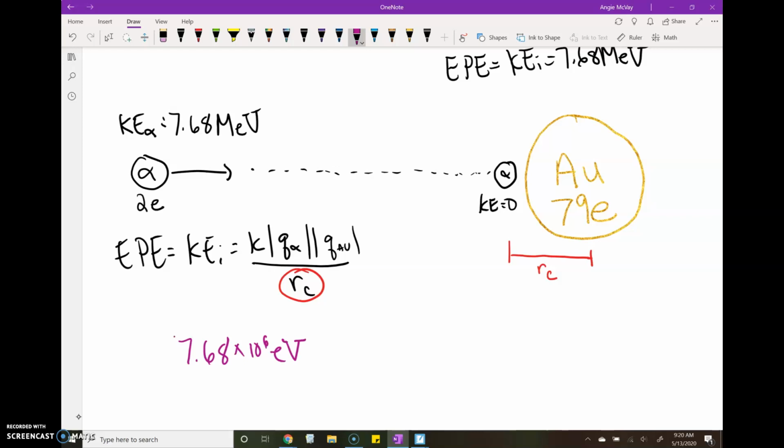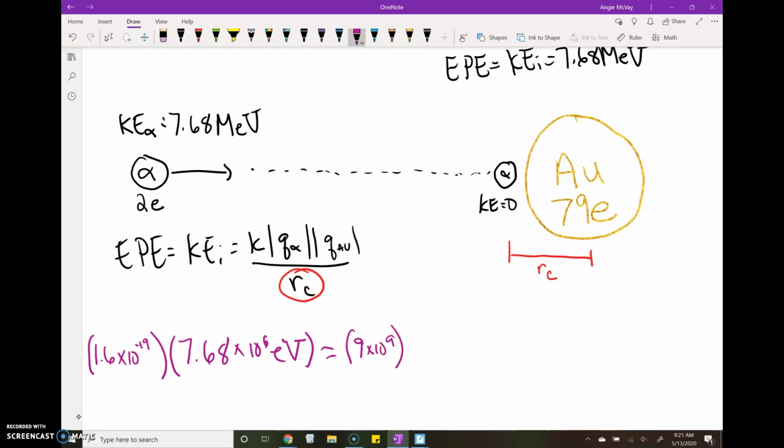To get that in joules, we need to multiply by the charge of an electron, 1.6 times 10 to the minus 19. And we set that equal to K, which is 9 times 10 to the 9,